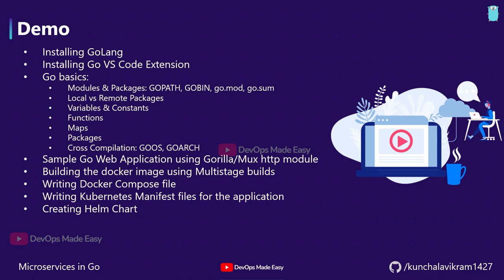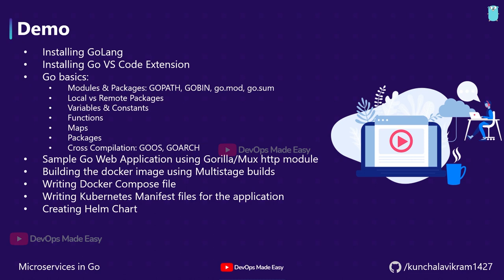We'll also see what are variables and constants, and then we'll go to functions and see different types of functions and their return types. We'll also see maps, which are kind of like Python dictionaries. We'll also see how to write different packages inside our module. We'll also see what is cross compilation, how to compile your Go source code for various operating systems and their architectures by being in one of the architectures. That means I can prepare my Go application inside the Windows system, but I can cross compile it to Linux